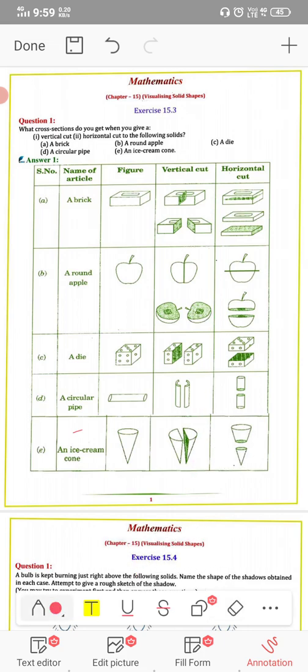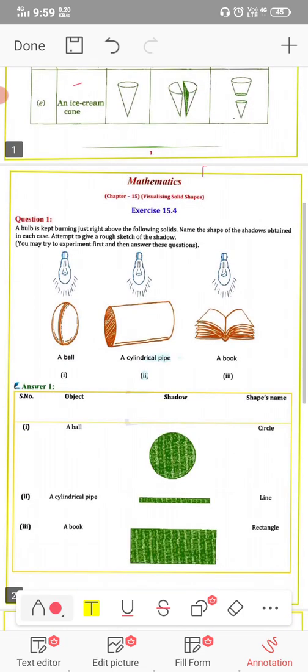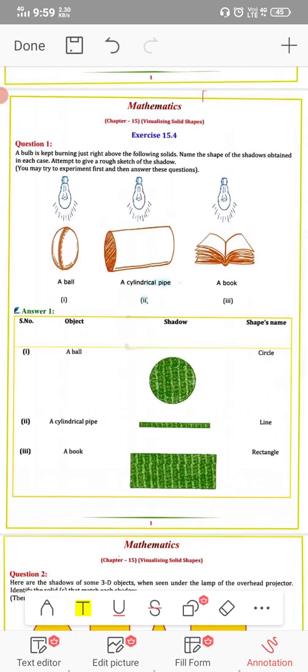Okay, now moving on to the next exercise, it is 15.4, and the first question is, a bulb is kept burning just right above the following solids. Name the shape of the solid obtained in each case. Attempt to give a rough sketch of the shadow. If you can see, the bulb is at the top,